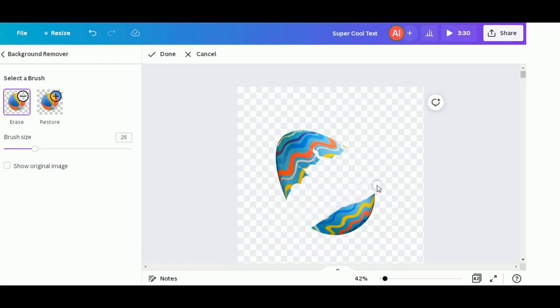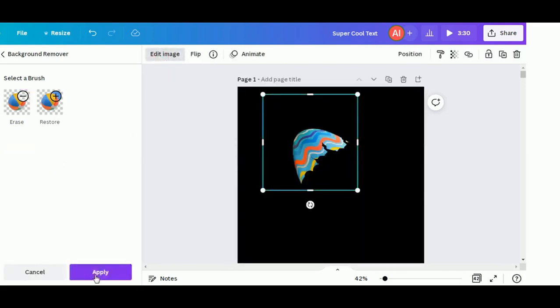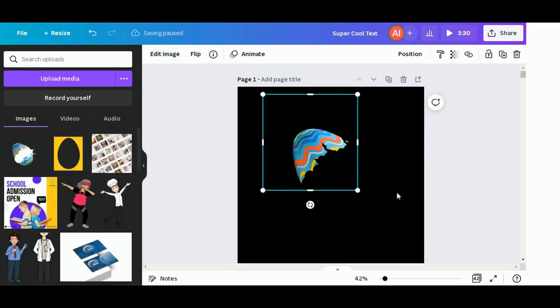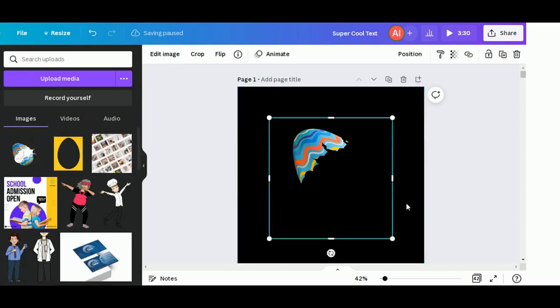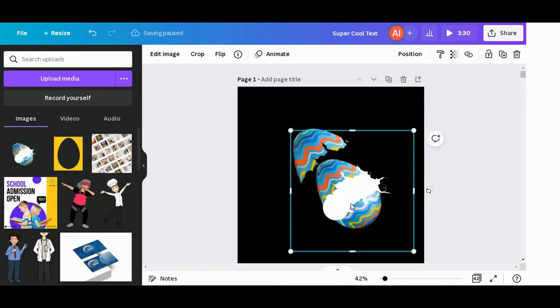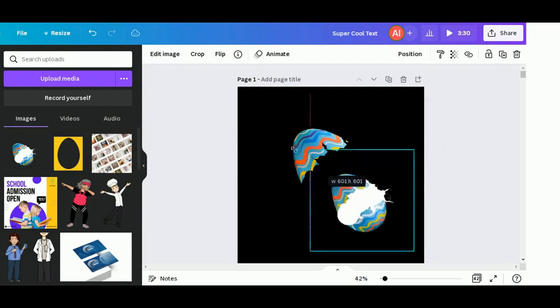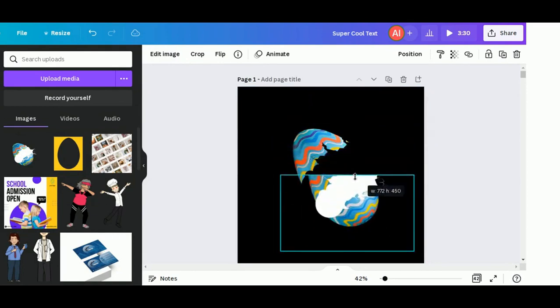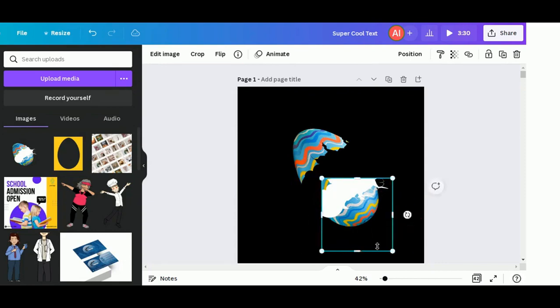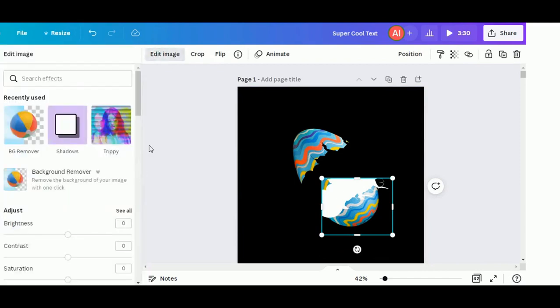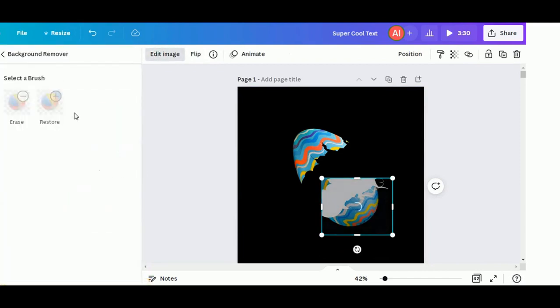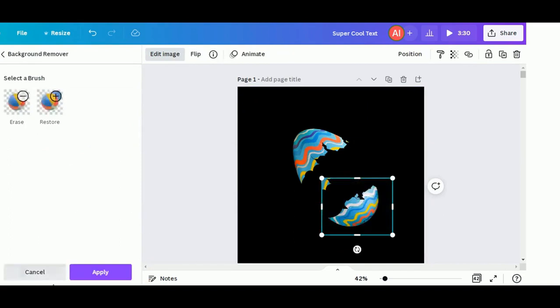Create a top egg shelf. Do the same for the bottom shelf.